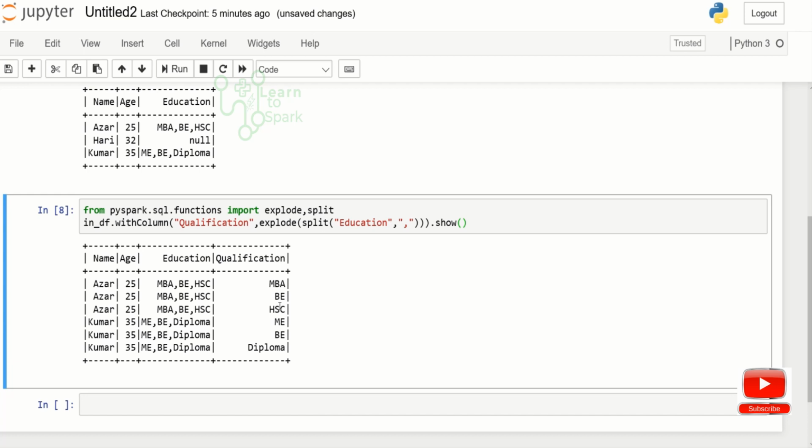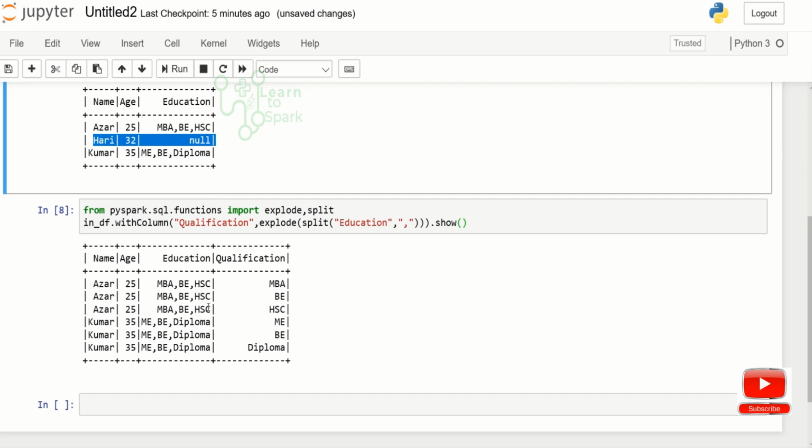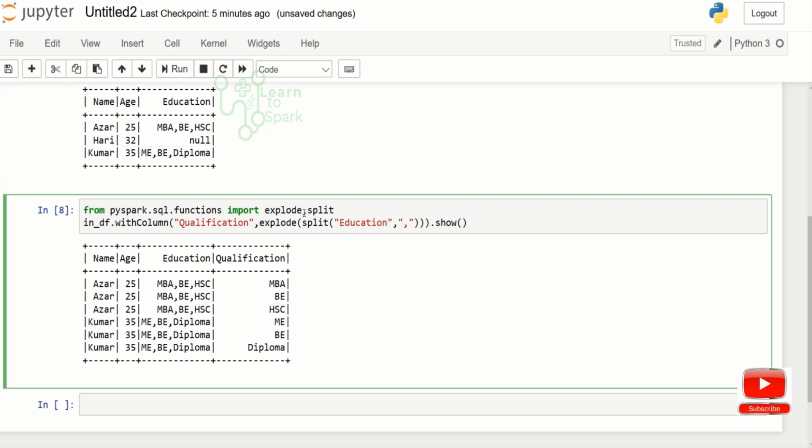But here the thing is we are missing a null value, which is being missed. So for including that, we have an option of explode_outer. So we have to use that function.